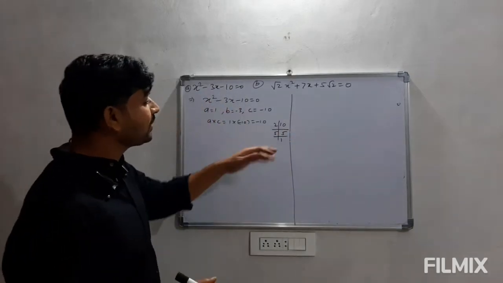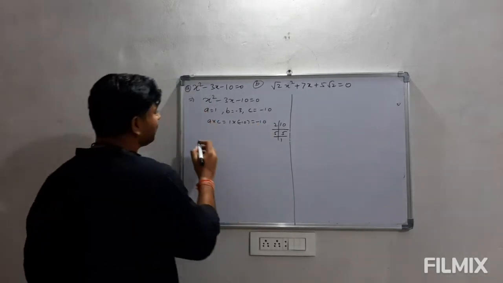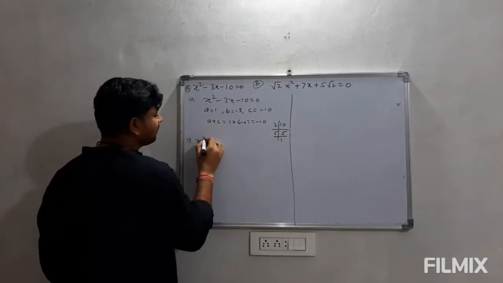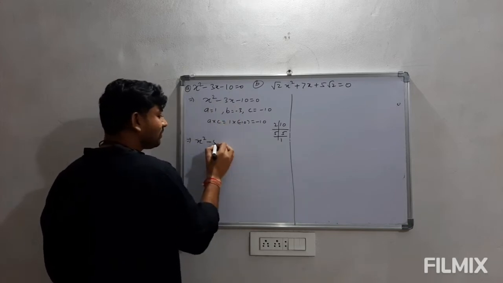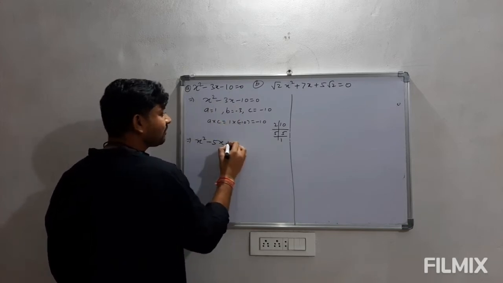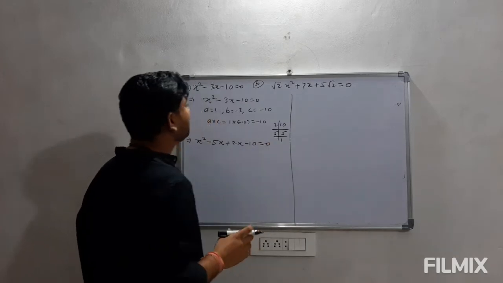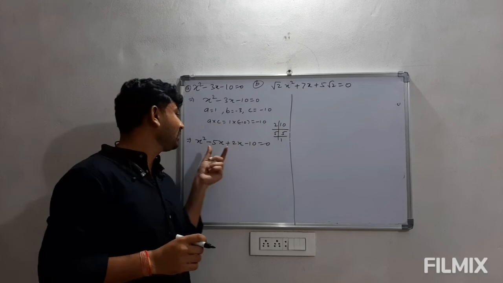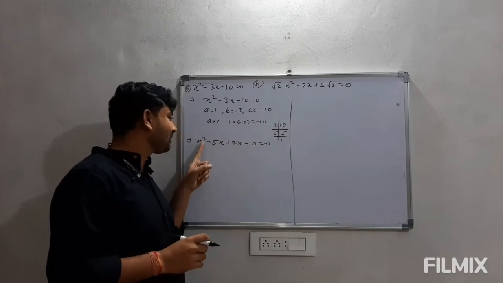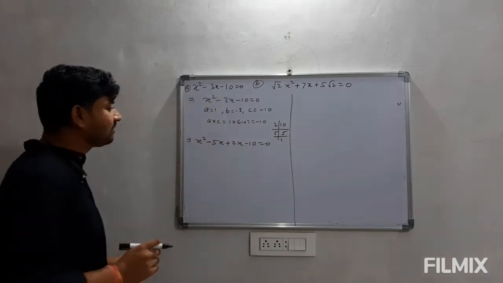तो 5 और 2 का यूज करके माइनस 3 कैसे आएगा, माइनस 5 प्लस 2. So we will use this. So x square, we want negative value, so greater will be with minus sign. So minus 5x plus 2x minus 10 is equal to 0. हमको b की वैल्यू निगेटिव दी हुई है, इसलिए जो दो फैक्टर्स हम लिखेंगे इसमें बड़ा नंबर जो होगा उसका साइन माइनस होगा, so that on addition this will become minus 3.